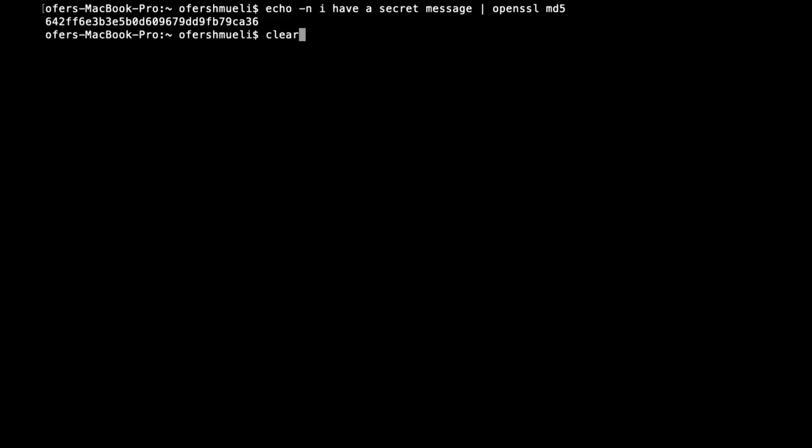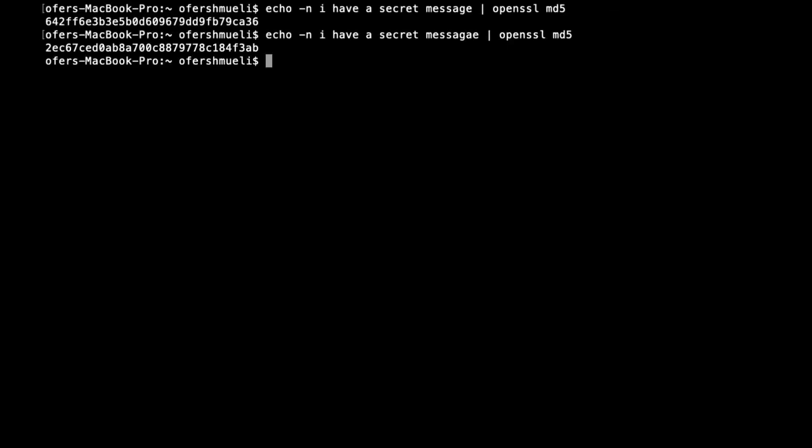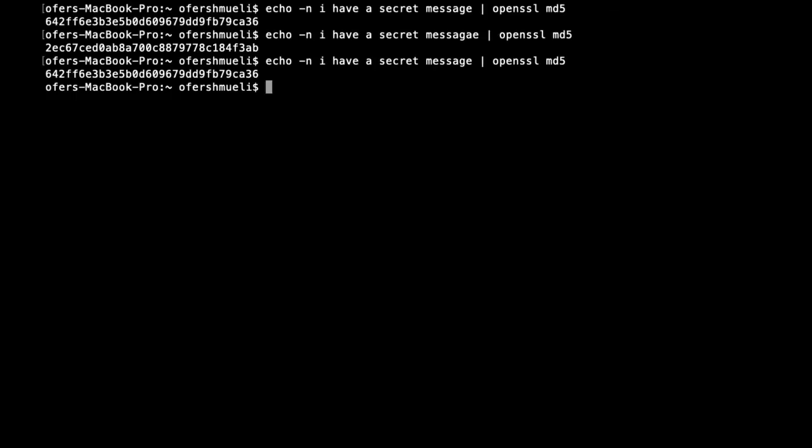Now if I use the same text, but I change the E to an A, you'll see that I get another hash value, a completely different hash value. Let's go back to the same text, and it will produce the same hash value as before. Now if we will use the SHA-256 hash function,